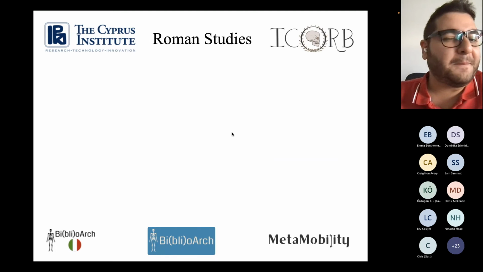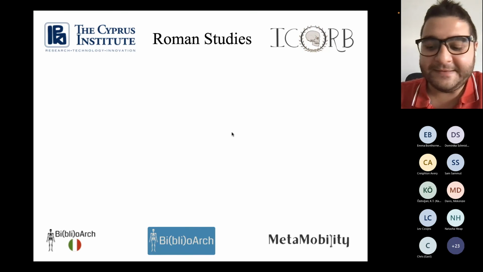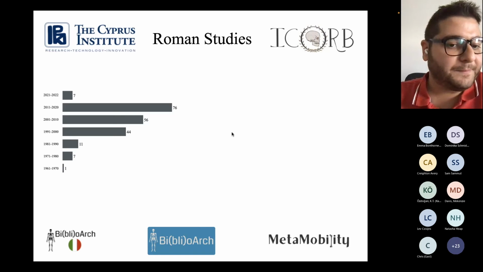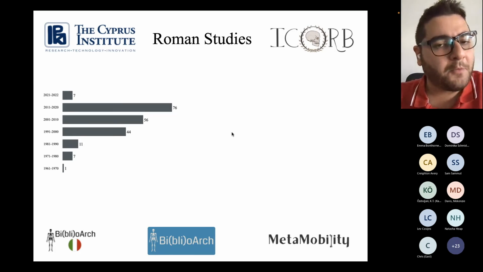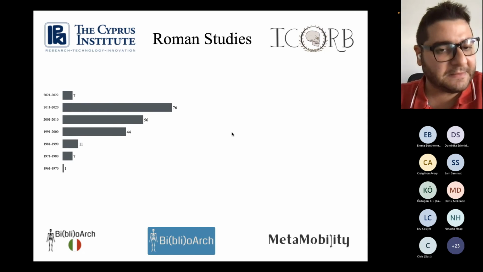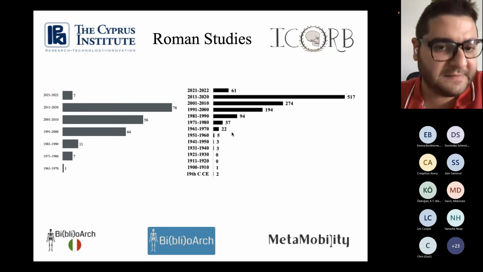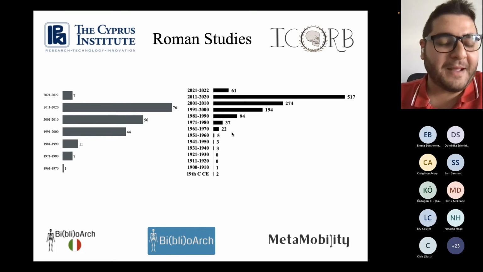Now, let's go to some broad patterns. We decided to compare the overall patterns for Italy from the Paleolithic to the modern age with the Roman studies for this Congress. And those are what we saw. First of all, here we have the number of publications per year, per decade. And what we see is an increasing trend, which is shown very clearly in both the previous studies in the Middle East and the Eastern Mediterranean, but also, as we can see, for the overall pattern in Italy. So it is pretty clear. This is a good sign. It means we are on the right path.